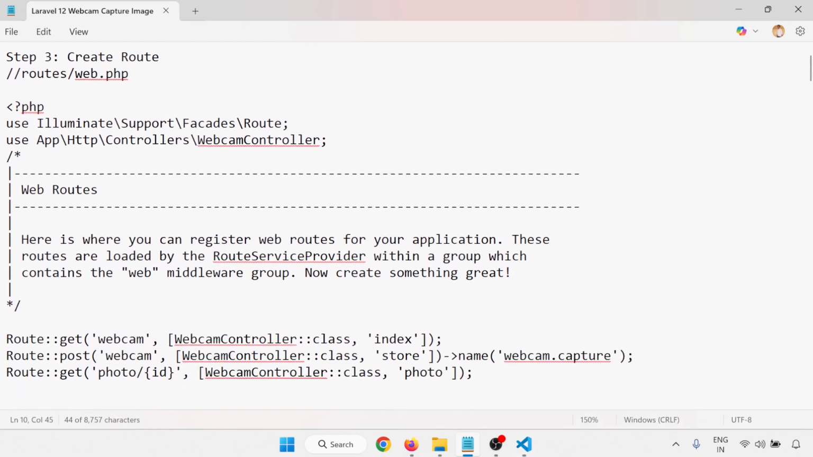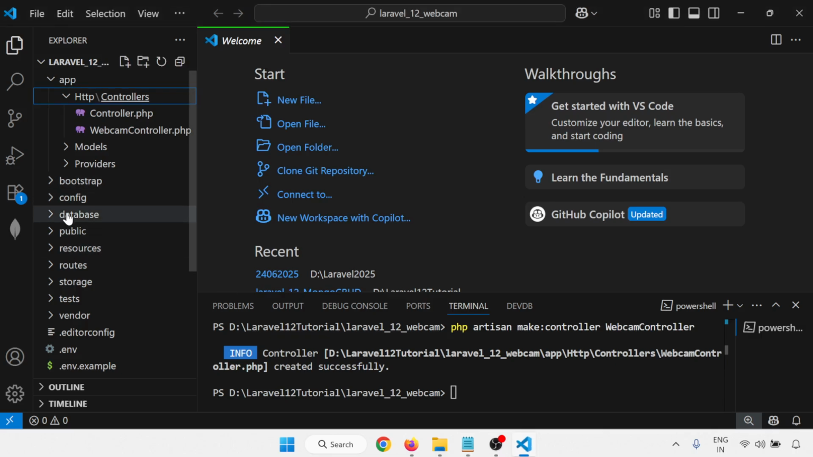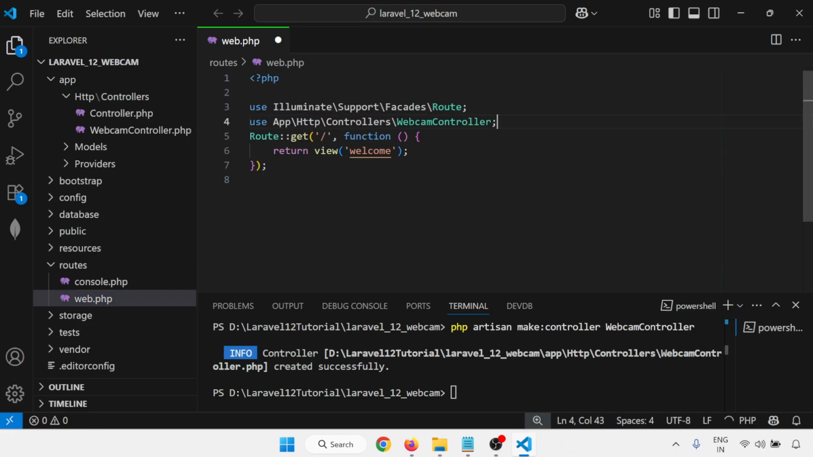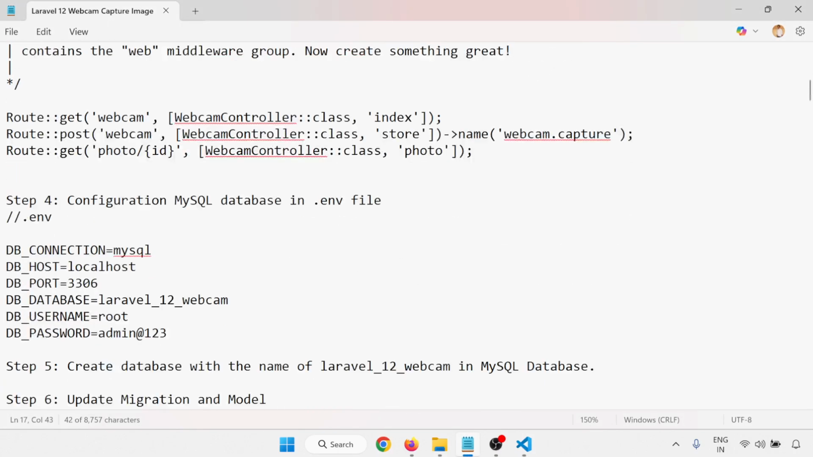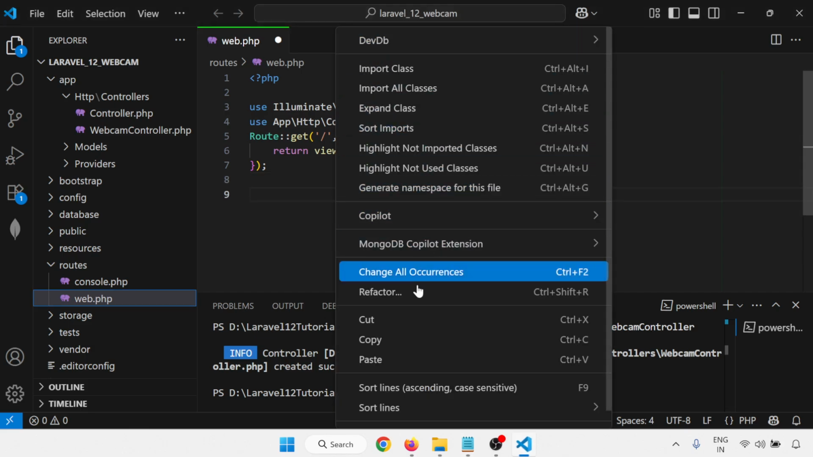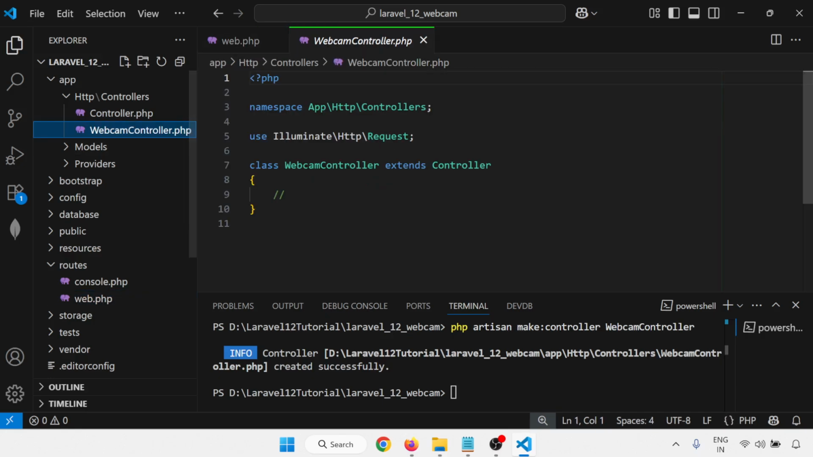Now next, in routes, we are going to call the controller in routes web.php. I'm going to call the controller, and with Copilot we are getting that. So in the next video I'll show you how we do that using Copilot. So now we have three methods: index, store, and photo. So go to the controller,